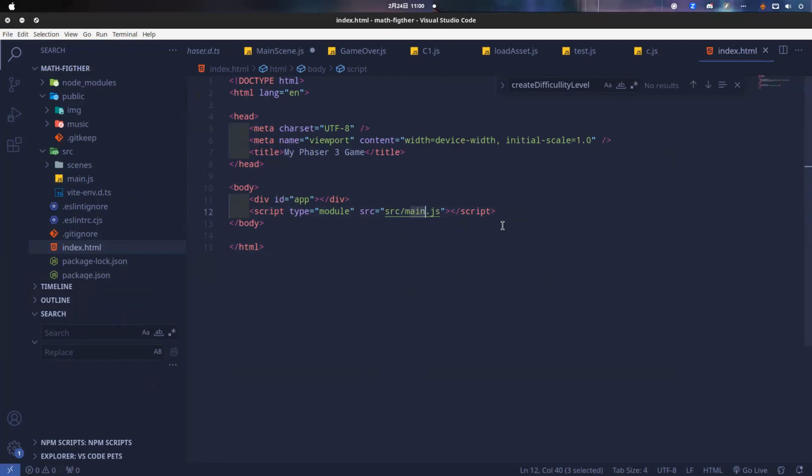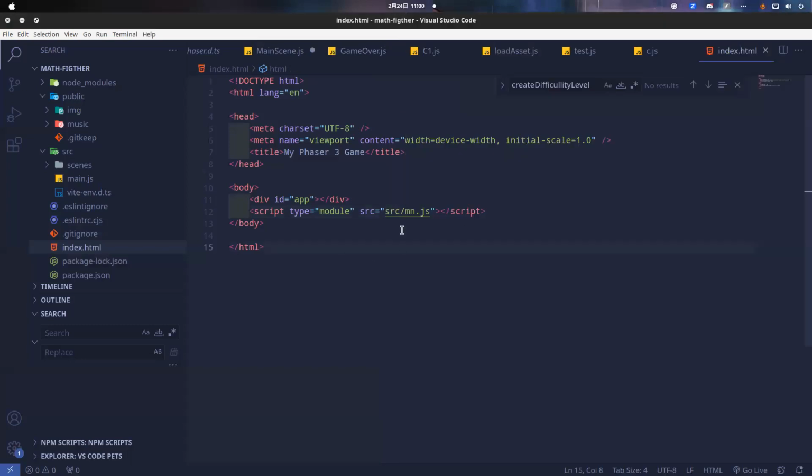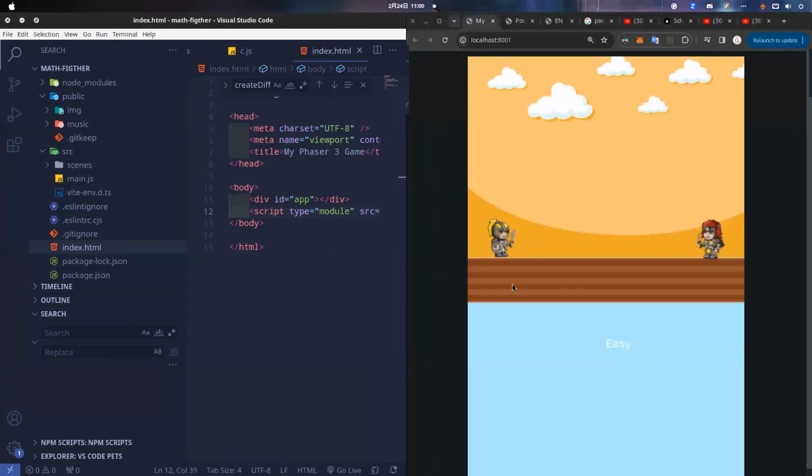If you don't, for example, I just change it to another name like em.js, and this is what will happen. It's just blank or white. Why is it blank? Because if you see this script, we don't have main.js. If I change it back, it works now, right?